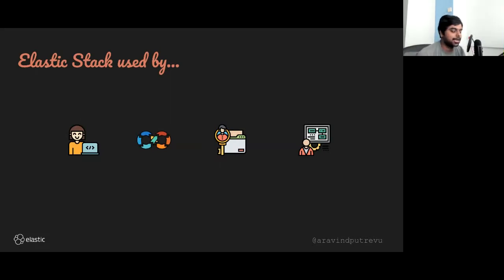But who uses this stack? Like I said, there are different use cases. It could be developers building the applications, and we'll see a mix of developers and DevOps people, or SREs, or people who do observability at large scale cloud platforms. And then you also have folks in the security community, or even product owners. If you are a manager or a director or someone who wants to see that this page should load in this amount of seconds, or you want to see some KPIs, like my platform should have 99.99 percent uptime, so if you are a product owner with a team, that is also another area to look at.